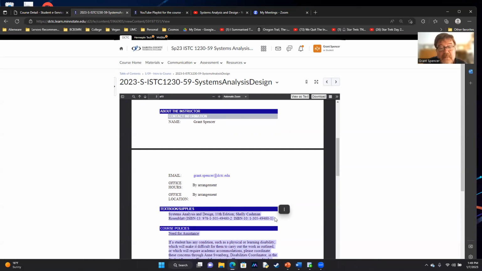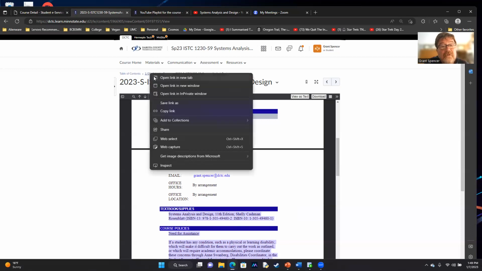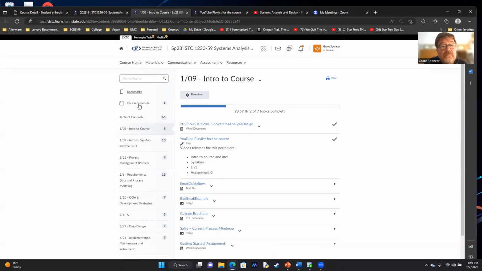But anyway, we're going to be using the 11th edition. There is actually a 12th edition out there now, but you know what? It's fine. The 11th is fine. Okay. And so when you see what I'm talking about here, this material being broken up into sections,